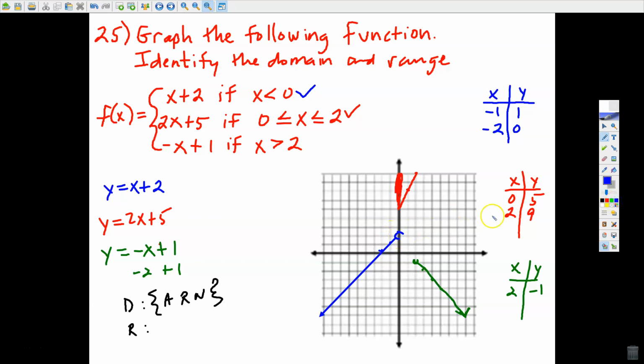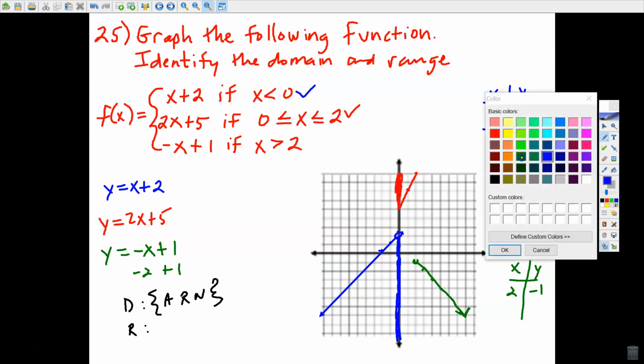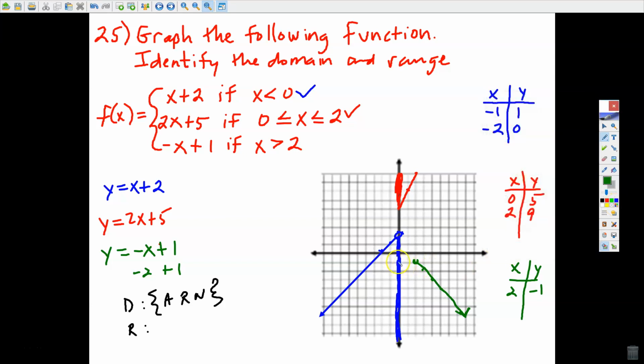And then the blue starts here and then heads down. So the blue and the green are basically headed in the right direction. The green picks up here, so blue and green both cover all of that area. So to put all this together, I'm going to say that my range involves